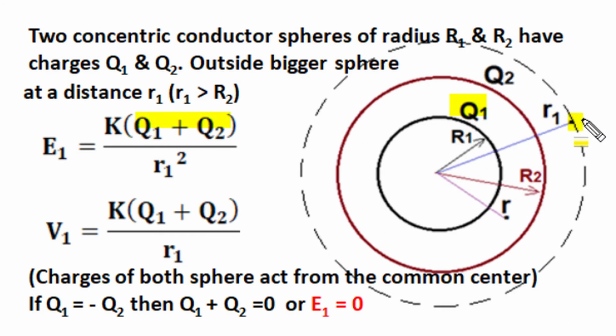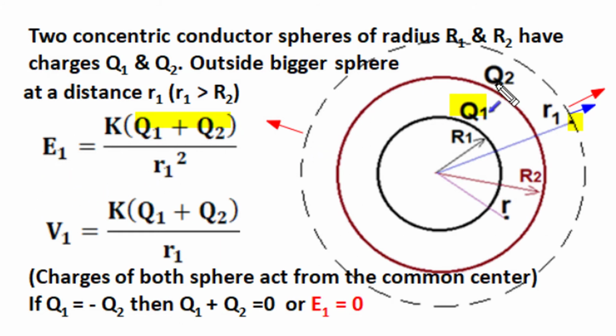And as per symmetry, over this Gaussian surface, the electric field intensity shown by red arrows is radial outward, and the area vector of the spherical surface is also radial outward in the direction of the electric field, and the magnitude of electric field intensity is the same everywhere on this spherical surface. So the total flux coming out of the Gaussian spherical surface is equal to the strength of the electric field, that is E1, times the total spherical surface area of the Gaussian surface, 4 pi R1 square.